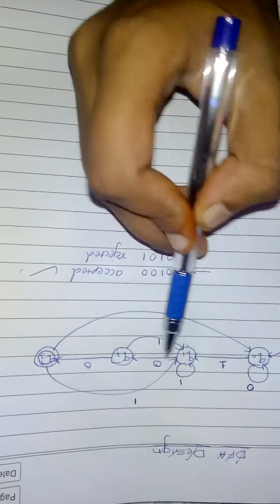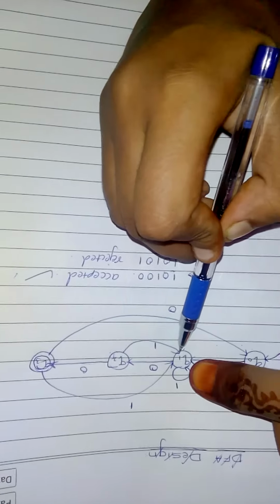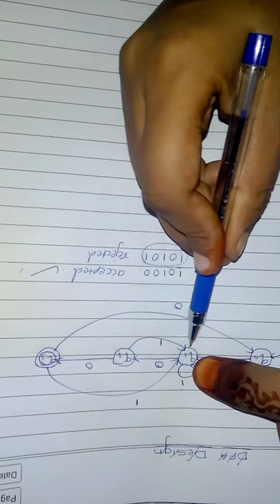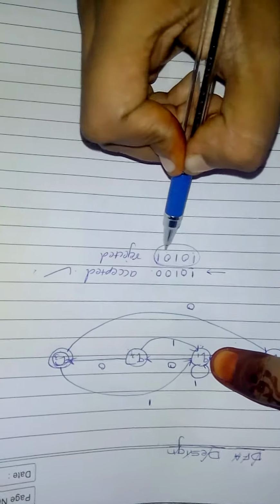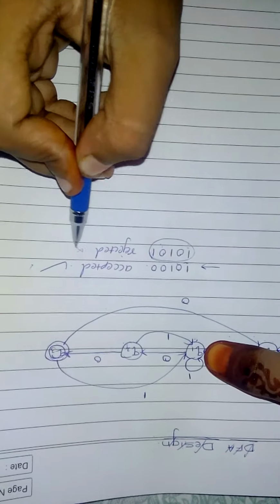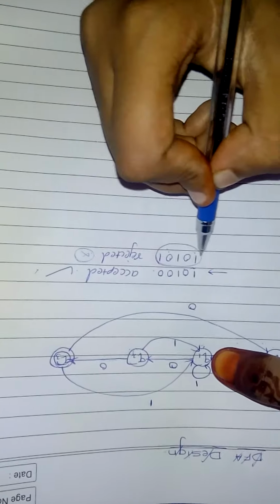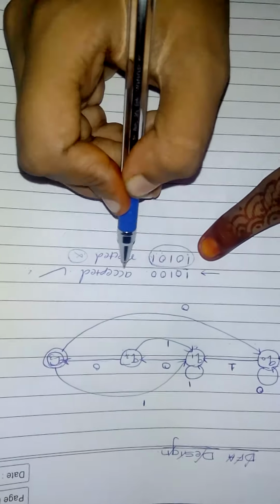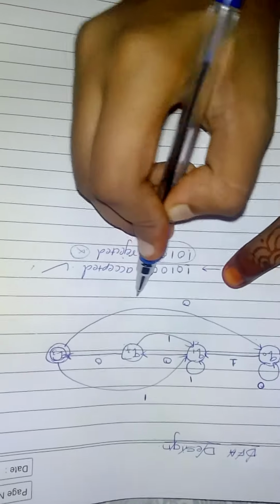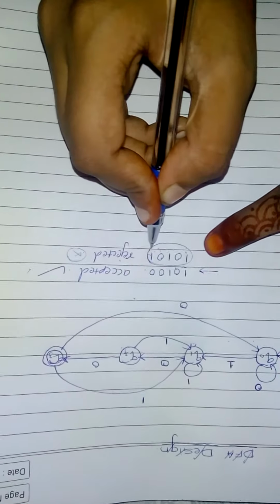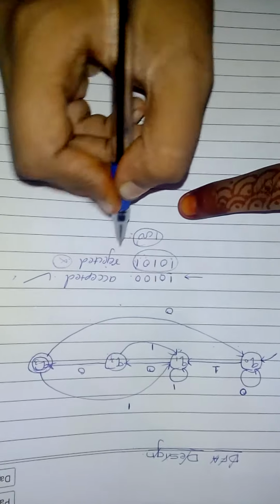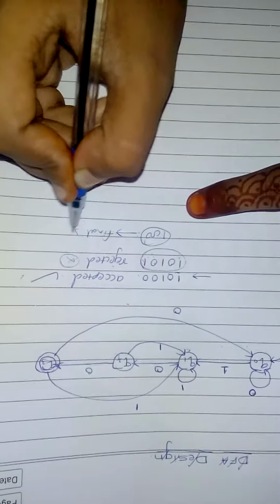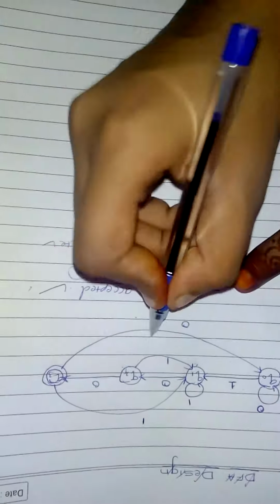And the reason is, it's not a final state. Where is this string ending? It ends at q1, so this is not our final state. So this string will be rejected and disqualified. That's why this string is rejected, and hence this diagram is right. It means strings which do not end with 100 will not reach the final state. Okay, so our diagram is right.